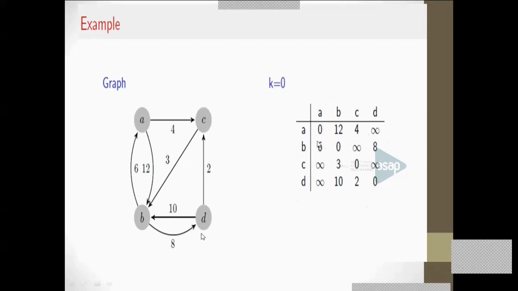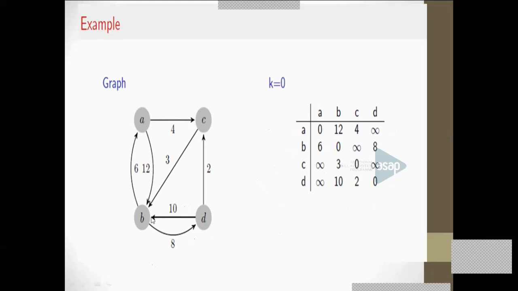And here I have shown the construction of only the D matrix. And if there is a pi matrix, you will be entering A to C, there is an edge. And for A to C, the predecessor will be A. The predecessor of C will be A. That you can enter. I have not shown it here. For the second example, I have shown the predecessor matrix also. For simplicity, I thought let us first concentrate on how to compute the distance matrix. That is more important than the predecessor matrix.